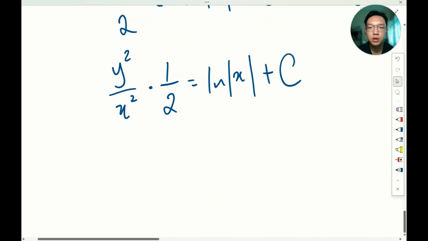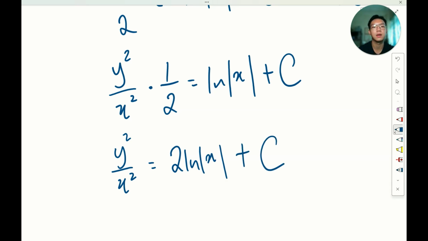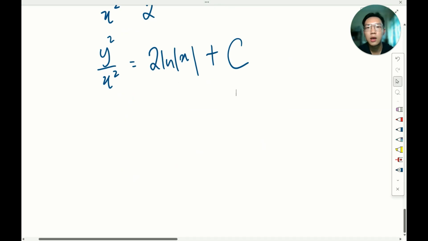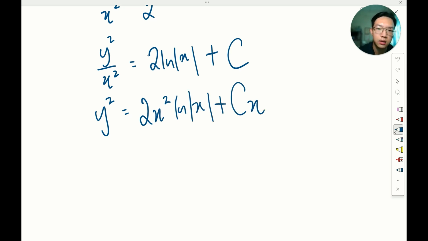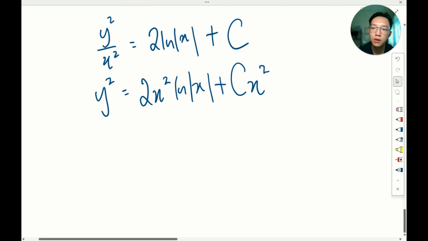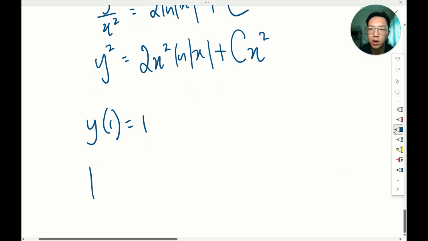Now let's make y the subject, so we can start by multiplying throughout by 2. So we have y squared over x squared equals 2 ln mod x plus c. Since it's just a constant multiplied, we just leave it as c. And so we will multiply throughout by x squared, leaving us with y squared equals 2x squared ln mod x plus cx squared. And now given the information that y(1) equals 1, okay, so we will have 1